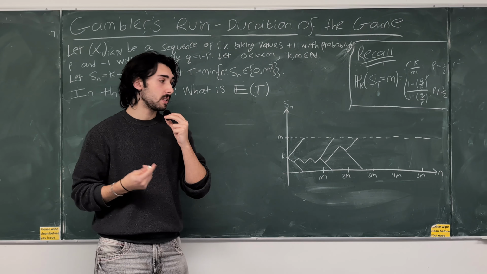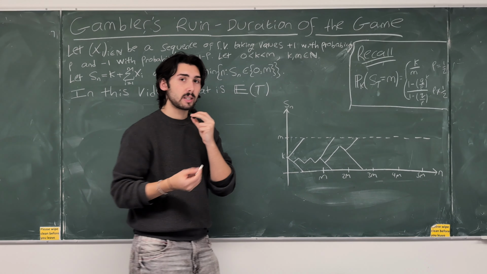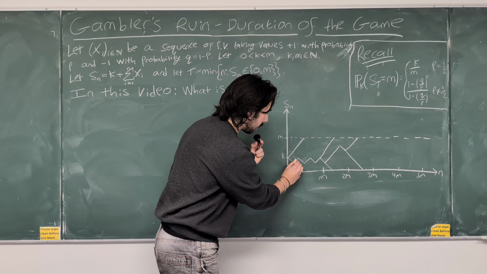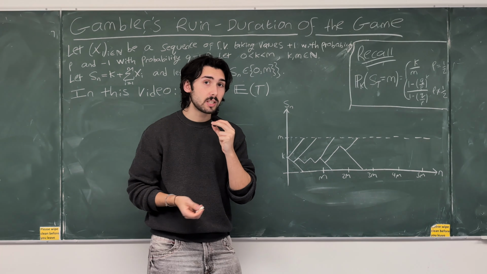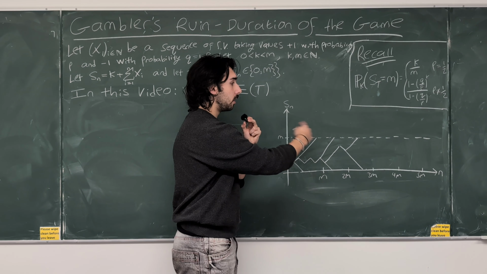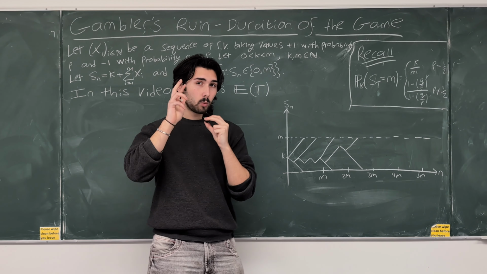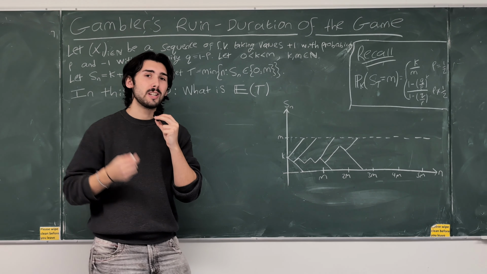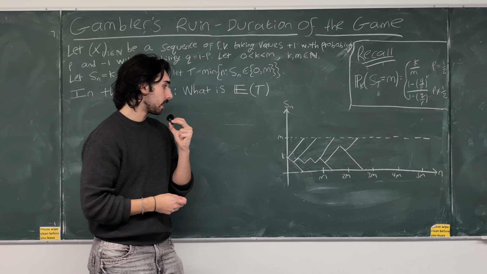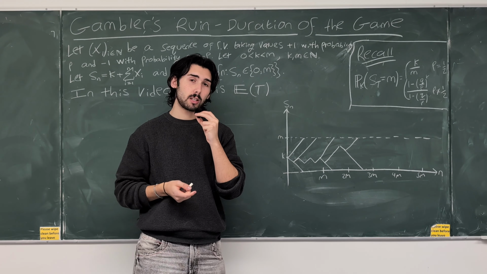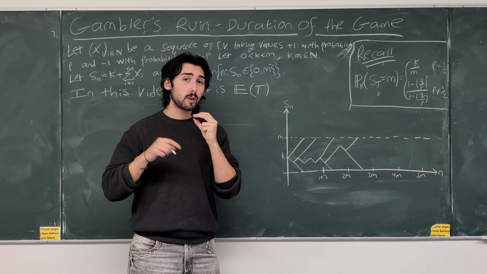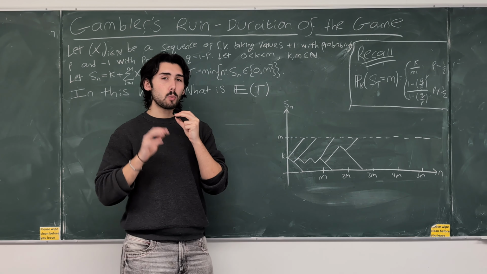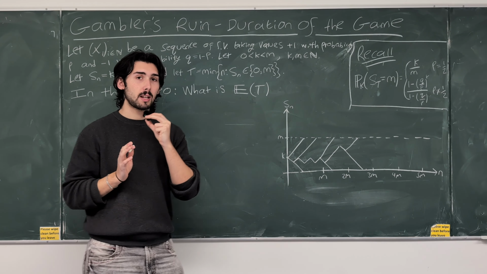And so what you can say, because there are other ways for the gambler to either hit 0 or hit M, right? For example, you could lose the first and then win all of them. That could still work. So because of this, the likelihood of getting what I might call a success, which is the game ends, is actually higher than in a geometric distribution, okay? And because a geometric distribution has a finite mean, finite expected value, this must have a finite expected value as well. So don't worry too much about whether that makes 100% sense to you or not, because